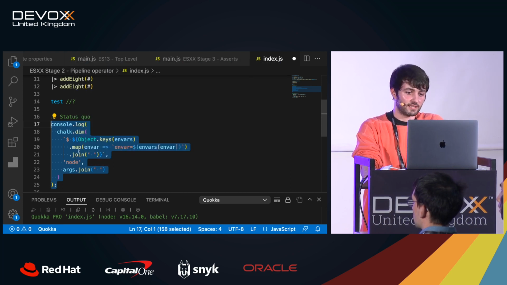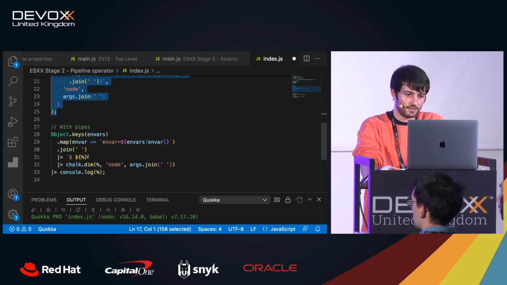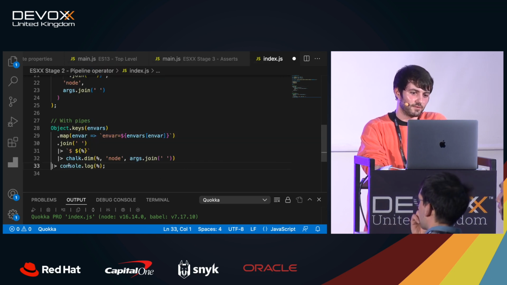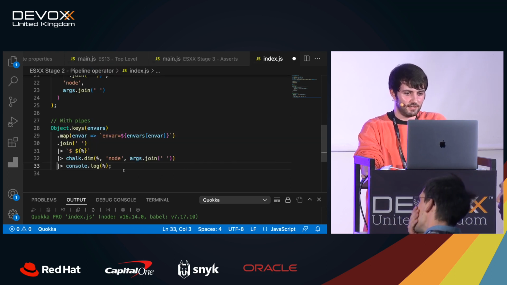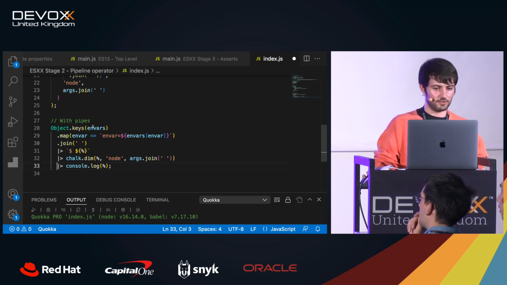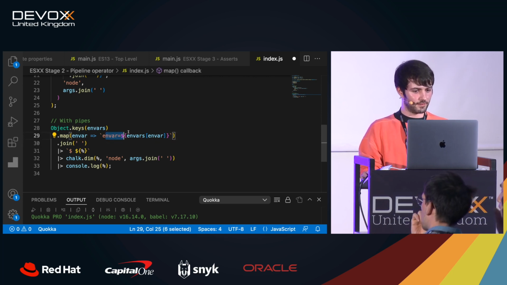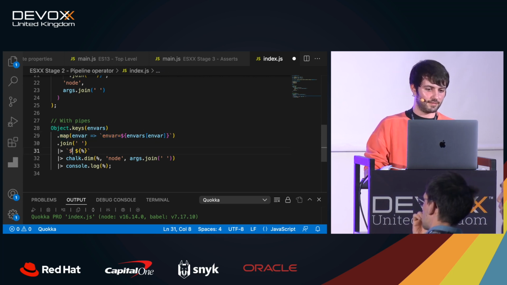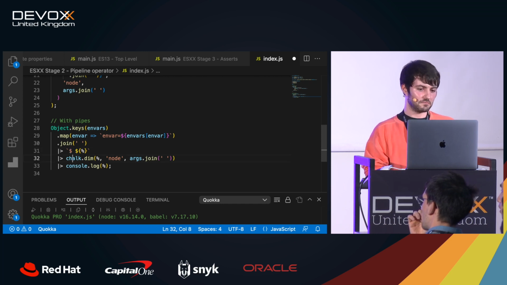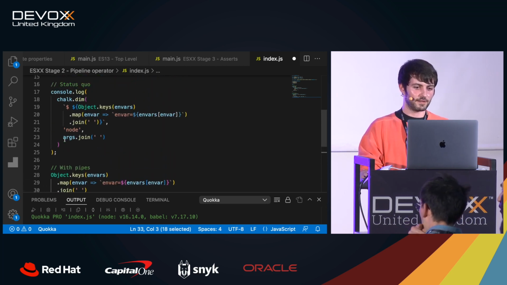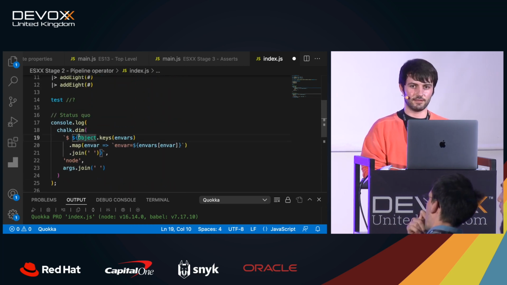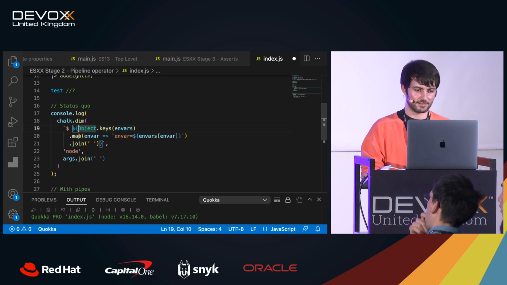But let's see how it looks at least with the pipe operator. If I scroll a little bit down, compared with the previous option, you can see how now I pretty much get what's going on. We have some variables, we are getting the keys, we are mapping them this way, and then we are creating a string with all the var blah, and then we add this $ sign at the beginning, we do some choke dim, we don't need to understand what this is, and then we do a console log, right? If you compare this with this, I guess there is an obvious winner, at least in this example.